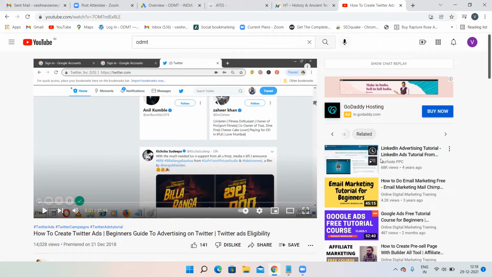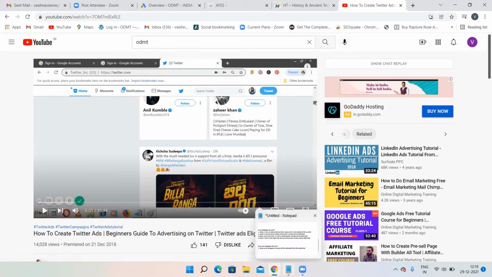So when will money be deducted if it is a video discovery ad? Assume that this is a video discovery ad. If I click on this particular advertisement, then only money will be deducted from the advertiser, because it is interest based. It depends on my interest. So if I have interest, I will click on this advertisement. When I click on it, money will be deducted from the advertiser. That is the difference. Here, no interest: without my interest also, they are showing me ads. Here, it is up to me whether I want to see this ad or not. So when I click on this particular advertisement, money will be deducted from the advertiser.